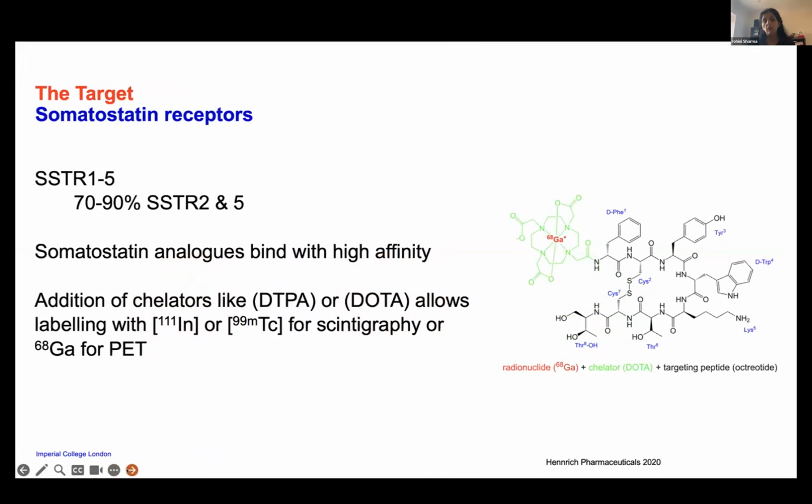Basically, neuroendocrine tumors are the hallmark of theranostics. As Dr. Wernig has already spoken about, neuroendocrine tumors have somatostatin receptors on their surface. We talked about it before: the somatostatin analogs that I mentioned at the start bind with very high affinity to these receptors. Now you can stick some radiation onto those somatostatin analogs and visualize where the receptors are in the body. What I've just shown here is a diagram of the somatostatin analog with gallium, a type of radiation, stuck onto it.